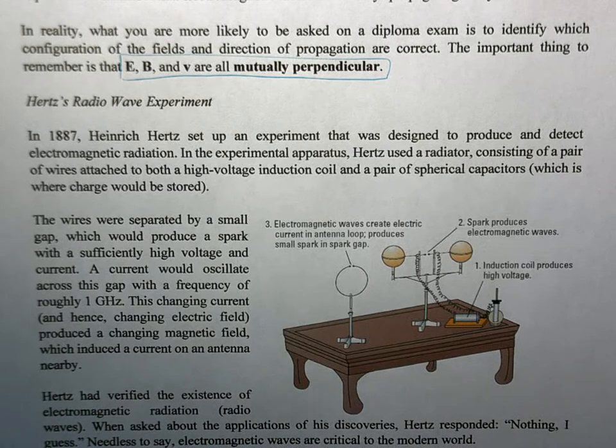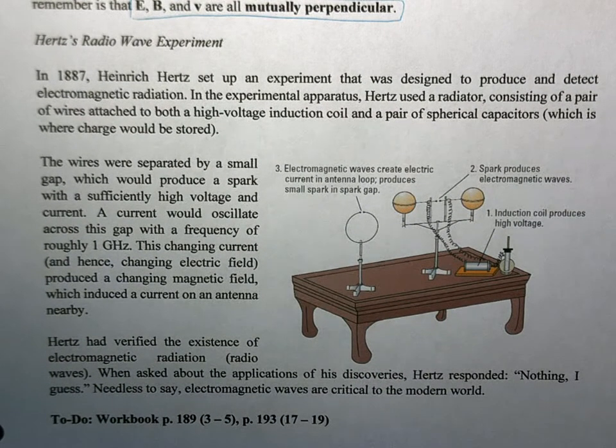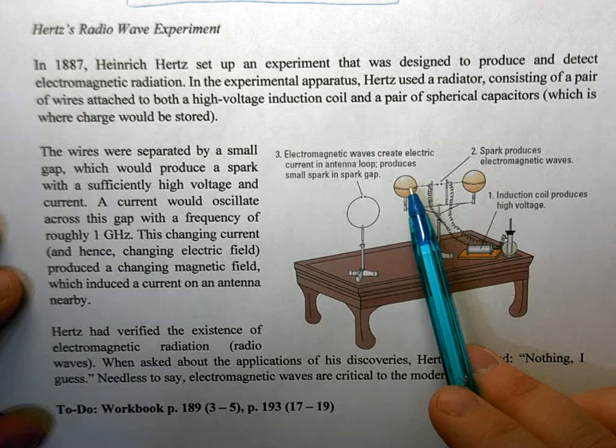Now, Maxwell, when he proposed his equations, this was theoretical. A lot of times in physics, we've proposed theory, and we have to wait for the experimental part to catch up. So it took a while for that to catch up. And in 1887, Heinrich Hertz did an experiment to produce and detect EMR. So what he had is he had this apparatus here. And what was happening is that between these